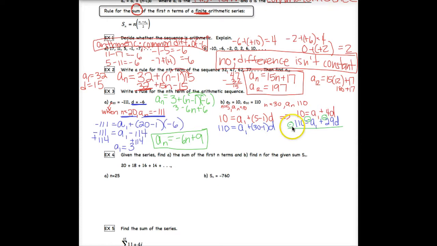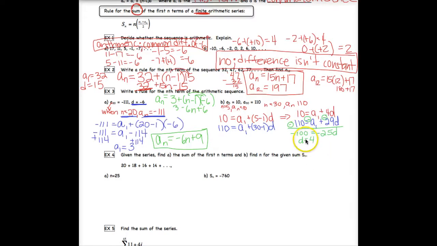So 10 plus negative 110 is negative 100. A sub 1 plus negative a sub 1 is 0. Those cancel out. 4d plus negative 29d is negative 25d. So you can see here, now I can very easily find my d. D is 4. And if my whole goal is to be able to write an a sub n, I need